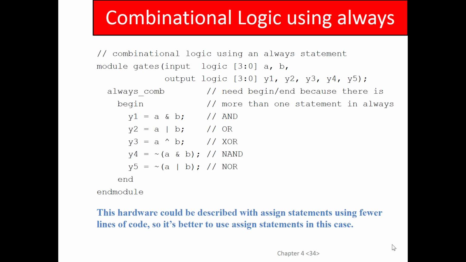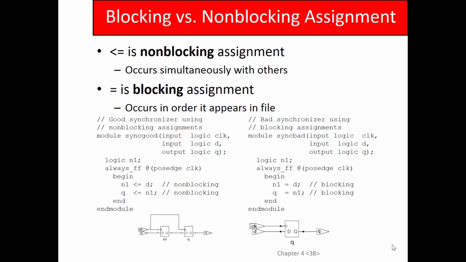It's kind of hard to explain. The arrow-looking assignment is called a non-blocking, and the regular equal sign is a blocking assignment. In general, you should always use a non-blocking whenever you use a sequential logic block, and you should always use blocking whenever you do combinational logic. And normally, if you follow that rule, everything will be fine and you don't have to worry about it if you follow that convention. The difference is, though, that